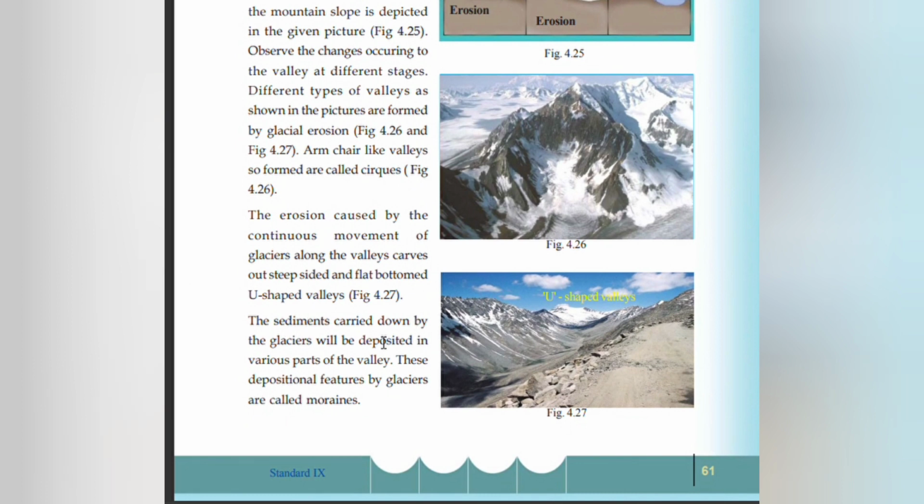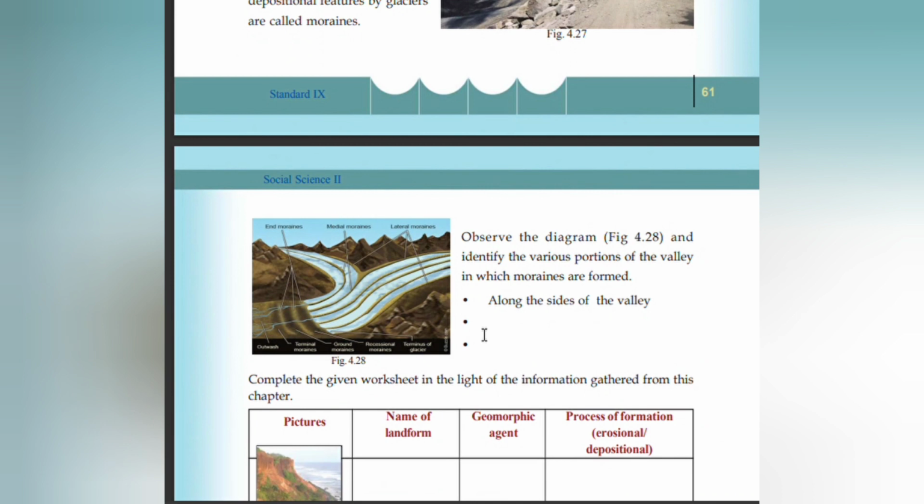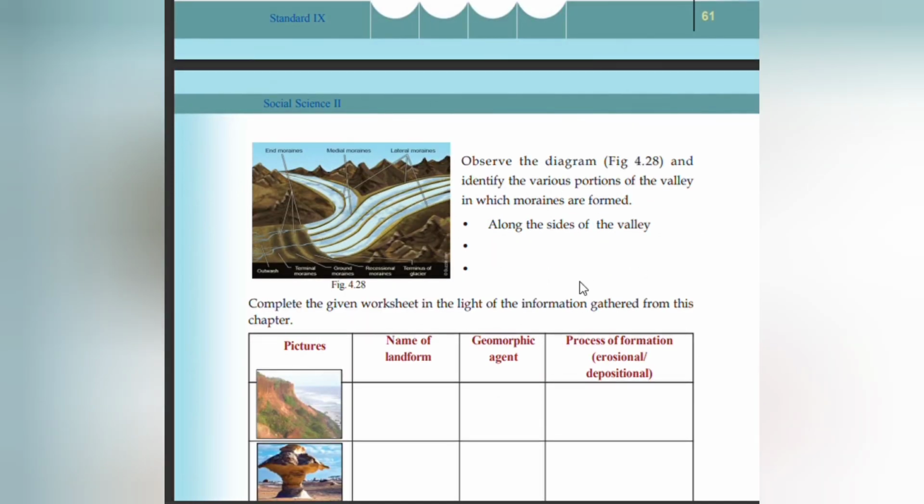Sediments carried down by the glaciers will be deposited in various parts of the valley. These depositional features by glaciers are called moraines. Observe the diagram and identify the various portions of the valley in which moraines are formed. Along the side of the valley,